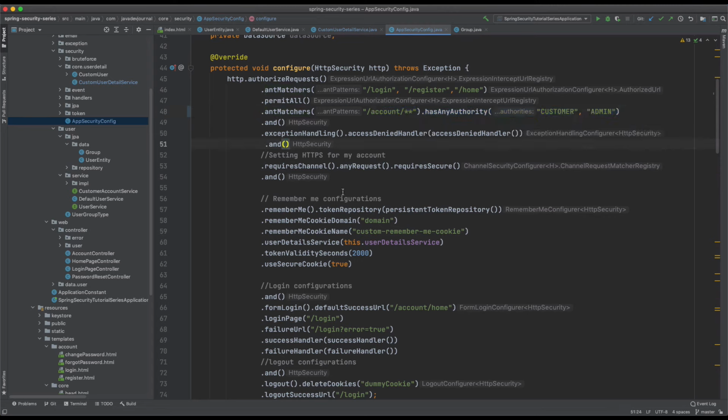In this case we are telling Spring Security that all users having an authority of customer or admin can access this account and any URL that starts with the account. If a customer carries a different authority, they won't be able to access this section. All right. So that's the one thing.